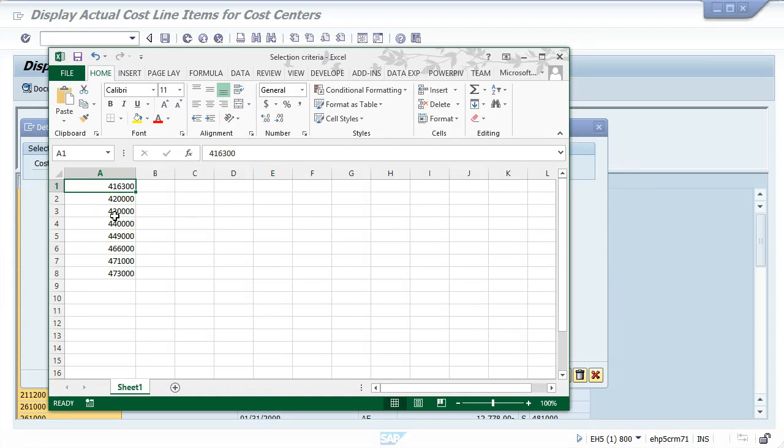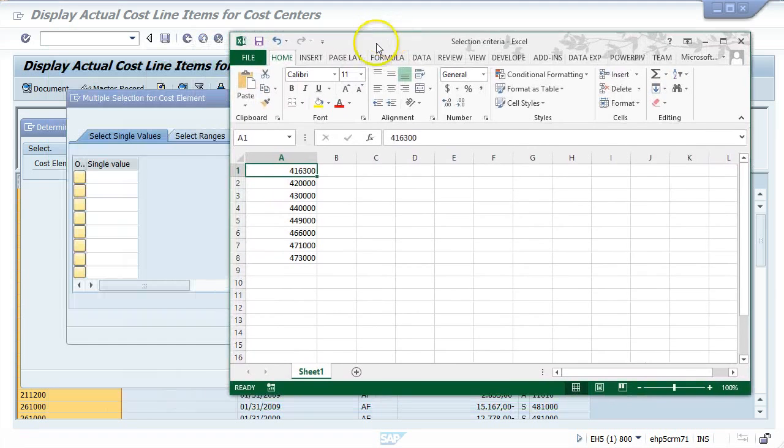Okay, I've opened up an Excel spreadsheet that already has my cost element values in it. So what I'm going to do instead is I'm going to copy these to my clipboard, and I'm doing this by choosing Control C, but you know the many different ways within Excel to copy data. But I've selected the range, I've copied the data set, and then if I return back to